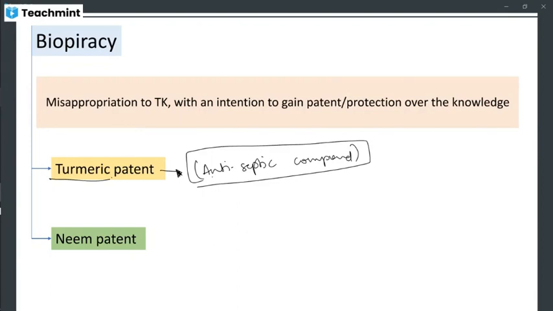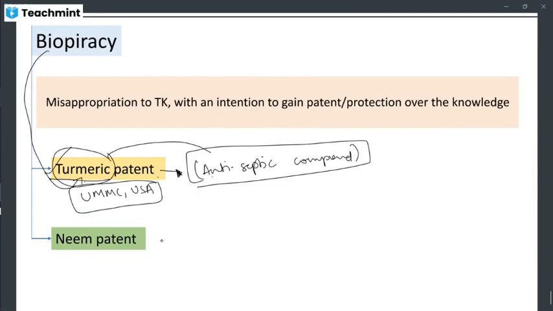Okay, but the University of Mississippi Medical Center, USA, committed biopiracy of this turmeric. That is, they claimed a patent on the turmeric, stating that turmeric is an antiseptic compound, that it has the ability to cure diseases or to cure injury, whatever it might be,